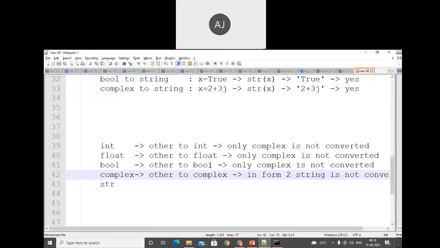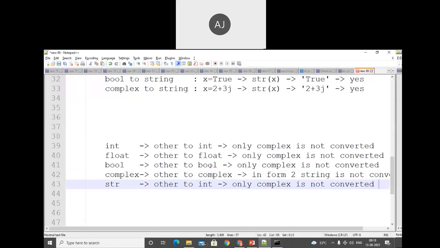But in form 2, string will not be converted, otherwise all things will be converted. In that section there is no restriction, all will be converted. This is a summary sheet. Make a note of that.